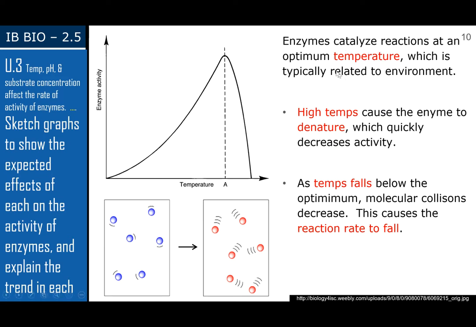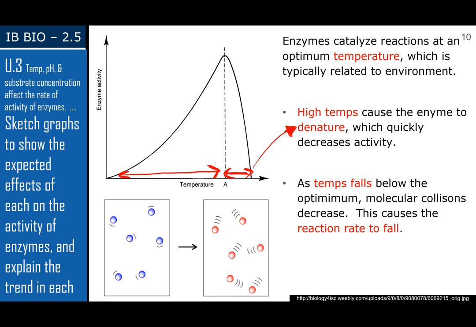So, enzymes catalyze reactions at an optimum temperature, and that's typically related to the environment. Remember, enzymes are proteins, so high temperatures can cause the enzyme to denature, and when they denature, they can't do their job anymore. They don't fit. That active site is the wrong shape. So, if temperatures become too high, right here, you've got denaturing happening. The enzyme is changing shape and it's no longer functioning. So the enzyme activity slows down. It's not as effective. But as your temperatures fall, right? Or if you have cooler temperatures, that's all here,